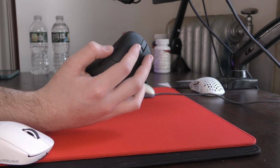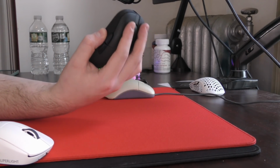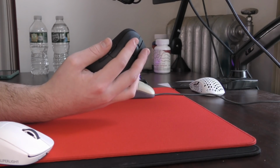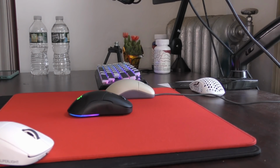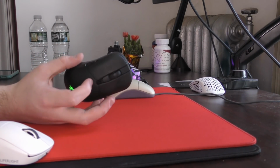But once again, these are using Huano 4.0 switches. I just think the positioning is perfect, at least for my hand size. You can see where I put my thumb. They're basically lining up right with the side buttons. I can make contact with the tip of my thumb, or I can just move my thumb up. It's really just a plethora of possibility when it comes to hitting these side buttons, and I applaud Gamesense for